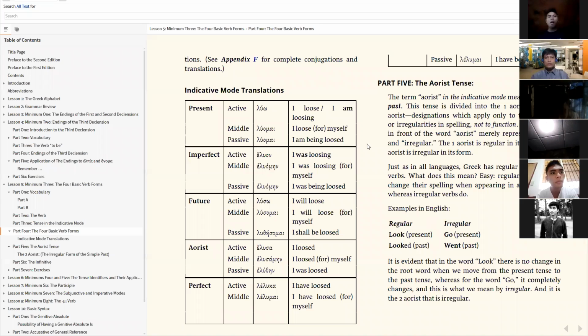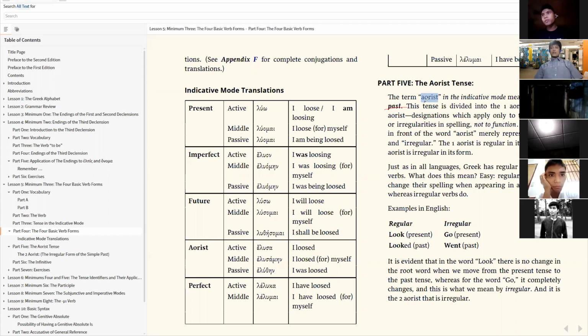Okay, so let's go to the aorist tense. When we talk about the aorist, it talks about a simple past. In other words, past is past. The action does not continue on. So forget about the past. That is the simple past. And don't let the past continue to move on, because if you let the past continue to move on, it won't do you any good.